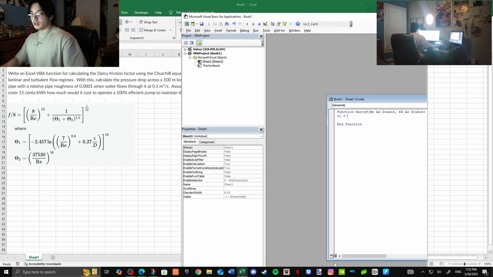let's see, we have the equation pulled up here. T1 is going to be equal to negative 2.457 times log, it's going to be 7 over Reynolds number to the 0.9 power plus 0.27 times ED, all this to the